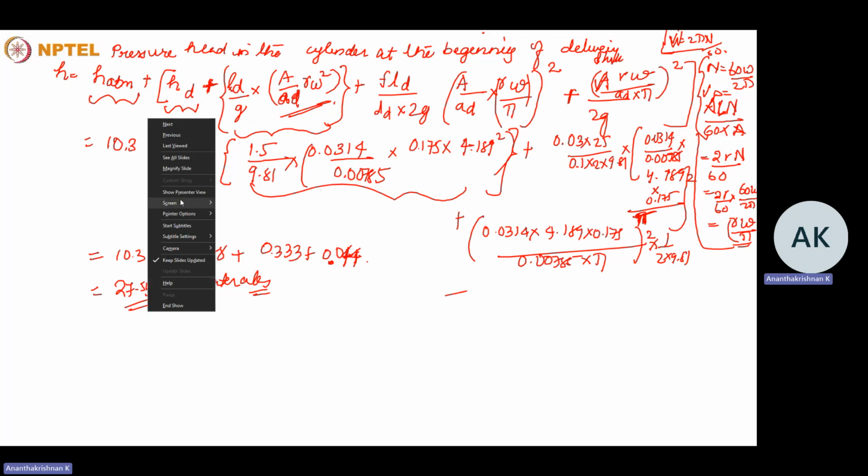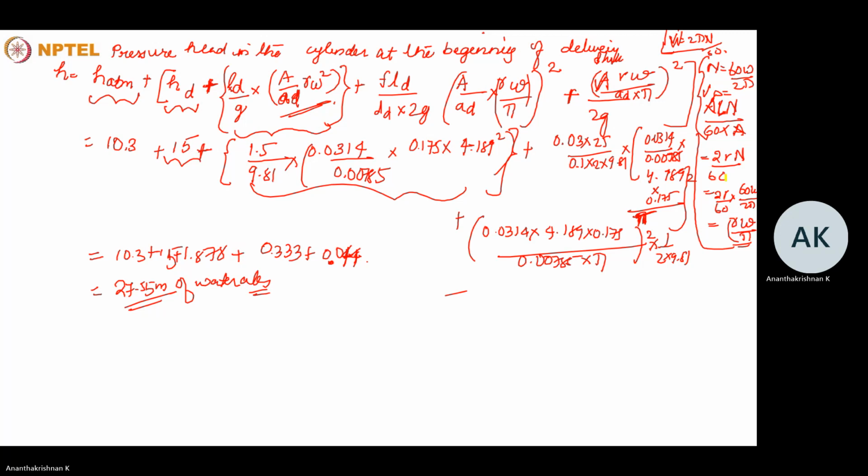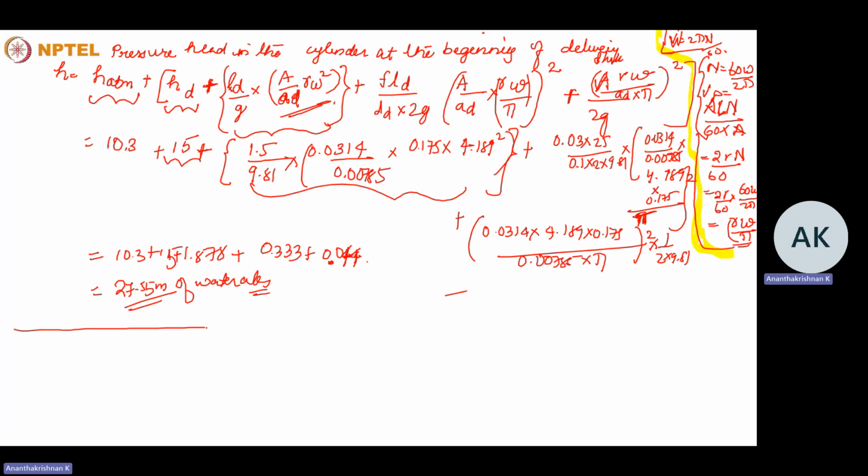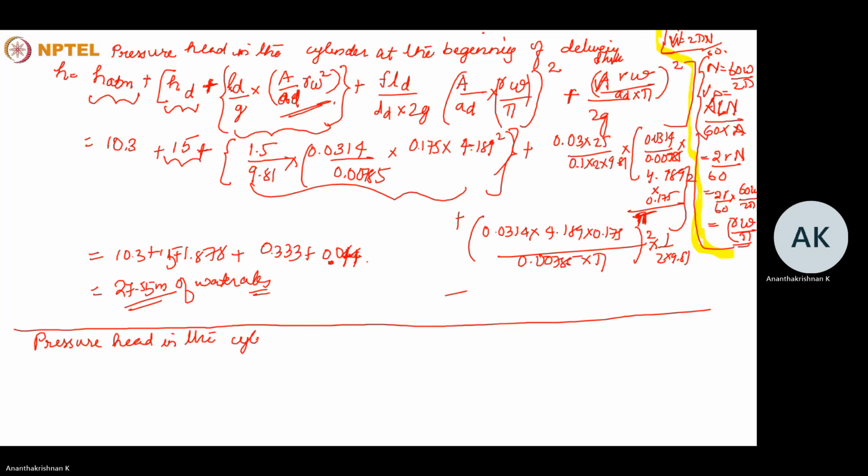The pressure head in the cylinder at the middle of the stroke will be giving you the velocity term of the piston. For the case of pressure head in the cylinder at the mid-stroke,